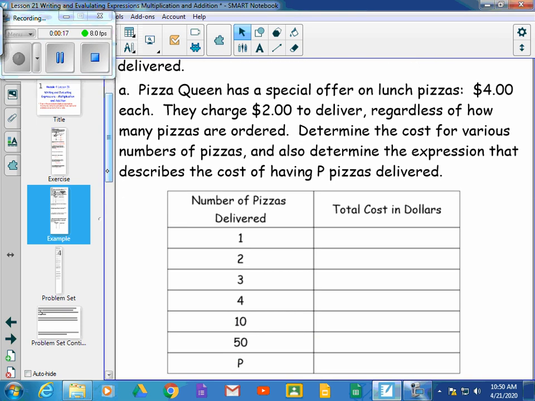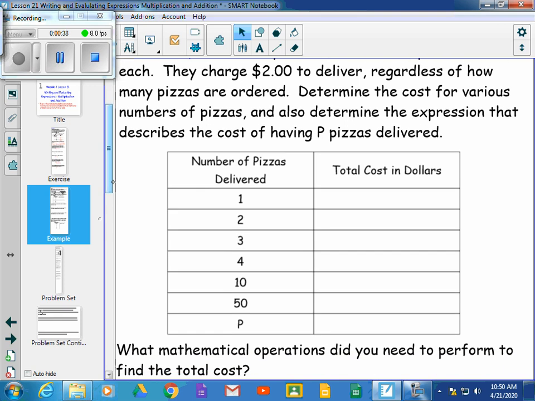Letter A, Pizza Queen has a special offer on lunch pizzas, $4 each. They charge $2 to deliver, regardless of how many pizzas are ordered. Determine the cost for various numbers of pizzas and also determine the expression that describes the cost of having P pizzas delivered. So if we look at this,